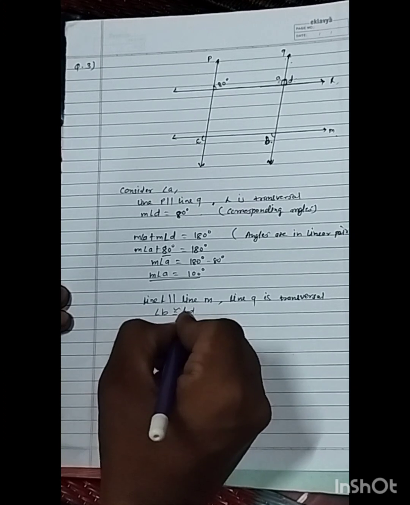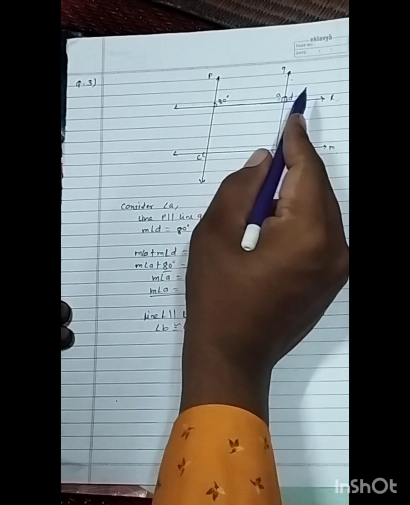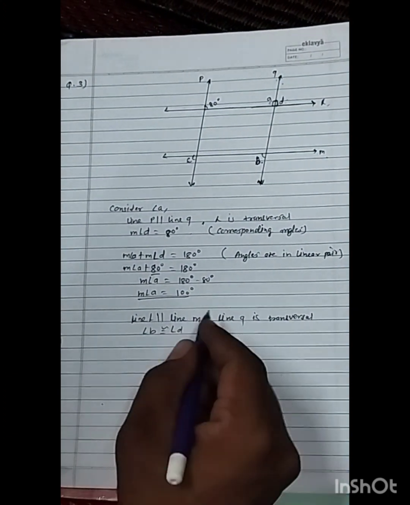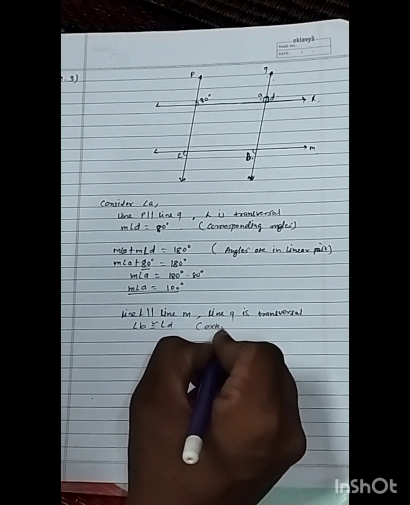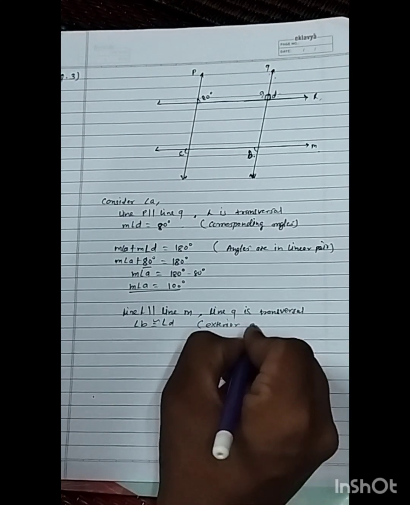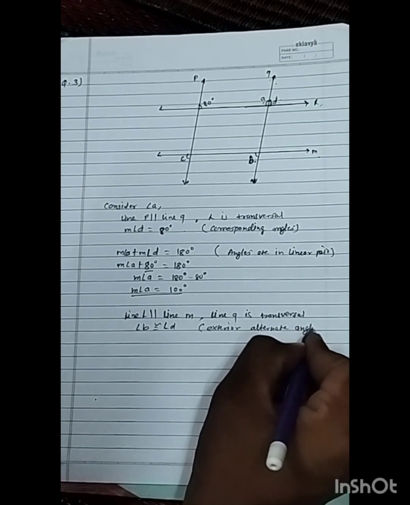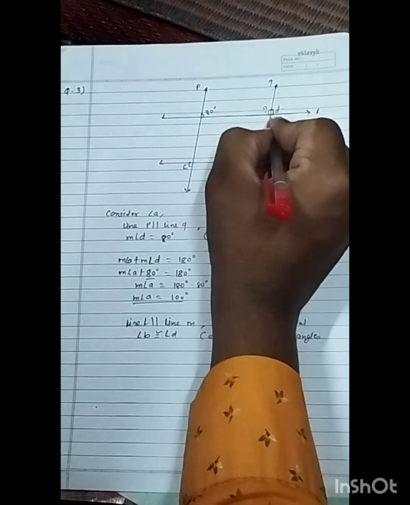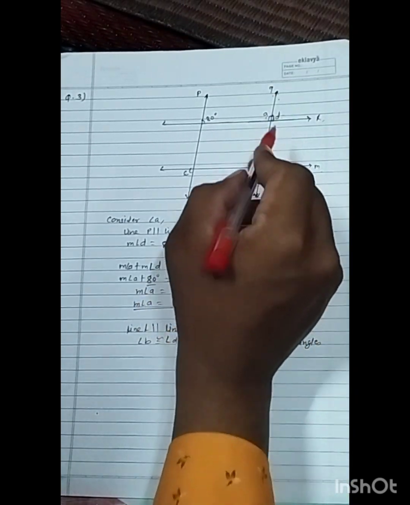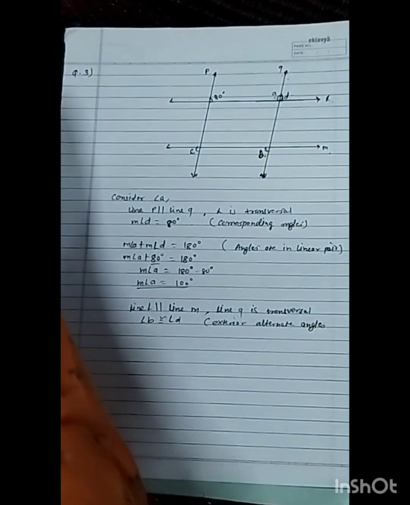Okay. So when we are going to take this transversal, then again you can check here that angle B is congruent to angle D. What is the reason? Angle B congruent angle D. So here you will get that exterior alternate angles. So exterior alternate angles. Here you can check it shows this angle B and angle D. Both are, if you check it, you will get there both are the exterior alternate angles.